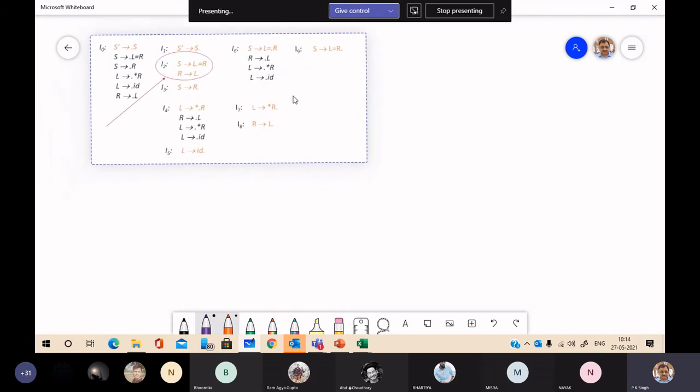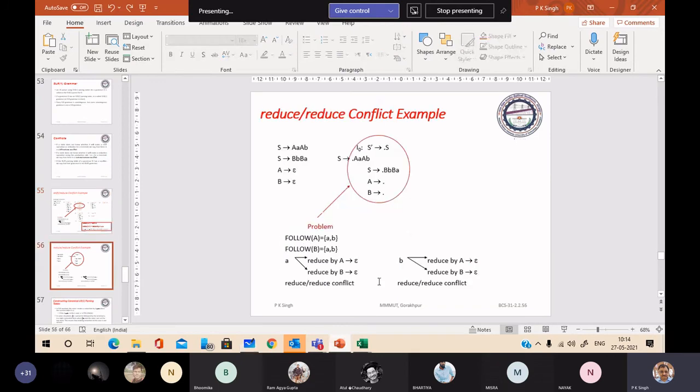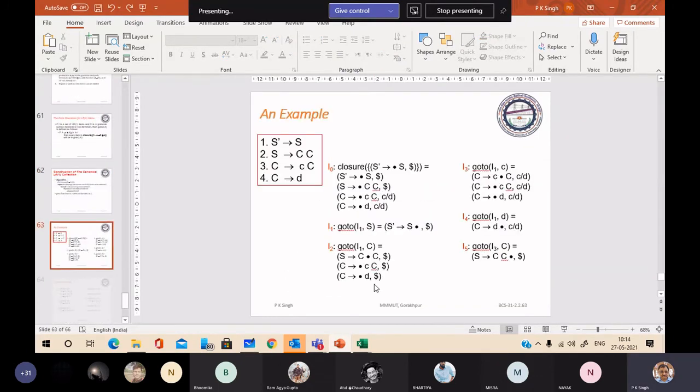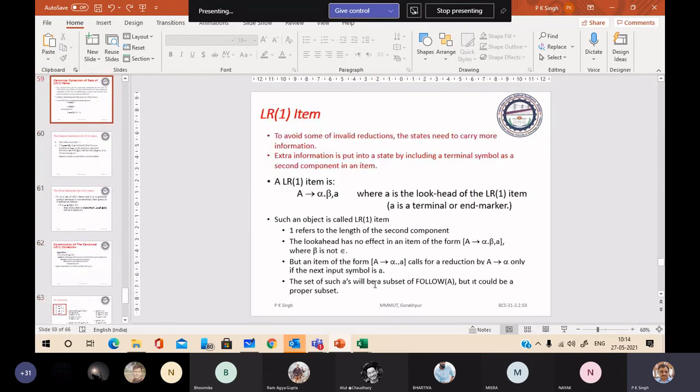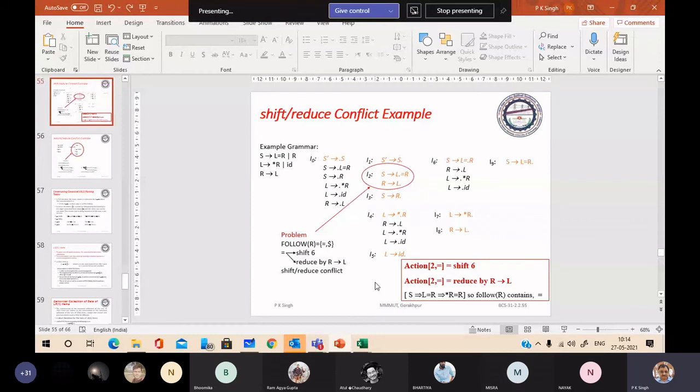ये दिख रहा है ना? टेबल तो इसमें बनी होगी, दिखा दे रहे हैं। अभी आगे टेबल नहीं, अभी आगे आएगा टेबल। जस्ट सी,